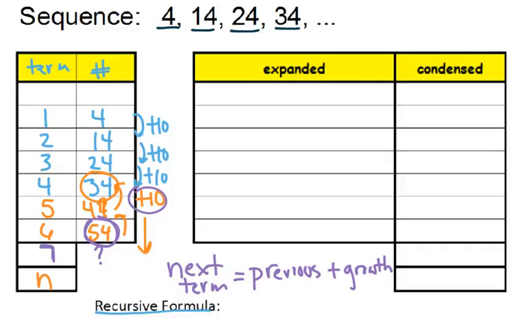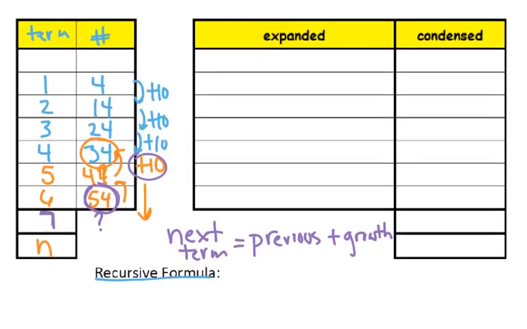Okay, so when we're looking at this, when we try to figure out this formula, this nth term, what we have to end up doing is we have to use some different format of writing. So instead of next term, we're going to write a sub n. Okay, that n represents the number over here. Okay, this term is n. A means it's a sequence. So a sub n equals, now the previous,